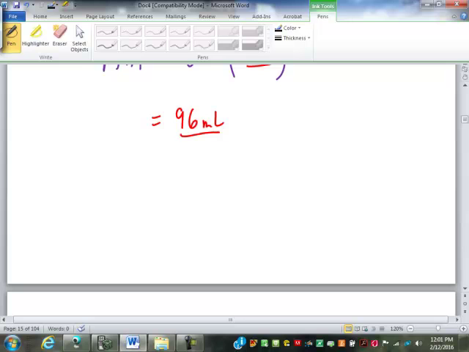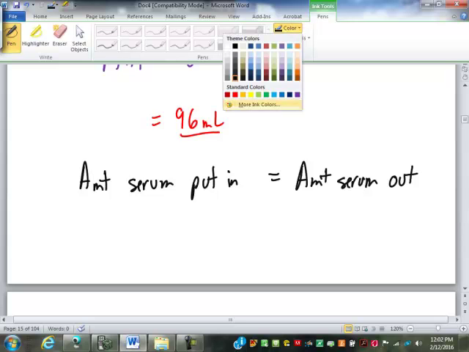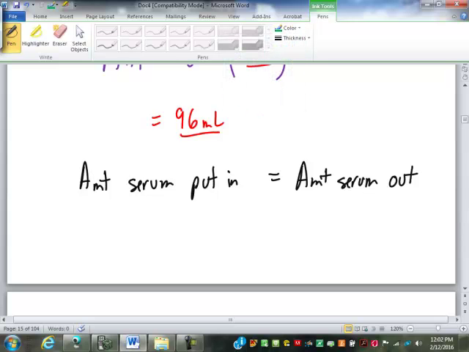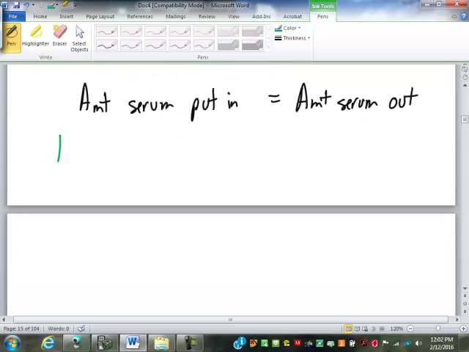Now, one thing we can deal with when we're mixing or combining solutions and medications is the amount of serum put in, whether it's a single item or total, is equal to the amount of serum that comes out in the end. In other words, the starting amount of serum is equal to the ending amount of serum. And I know that seems obvious, but the reason I mention it is if we're mixing 2 solutions, let's mix